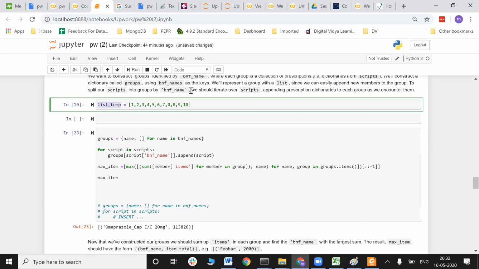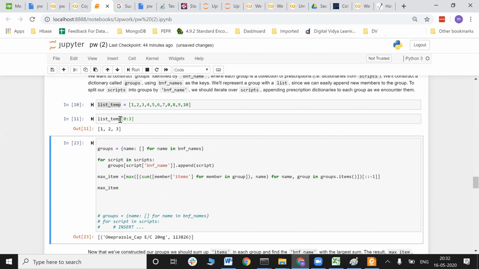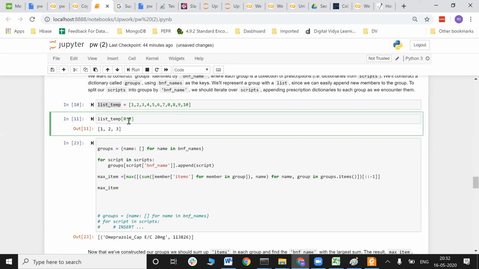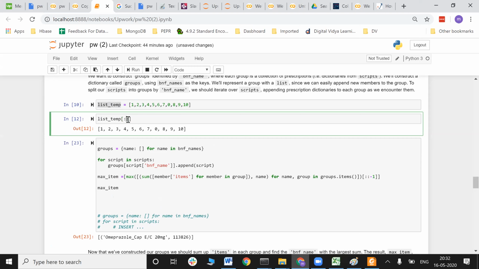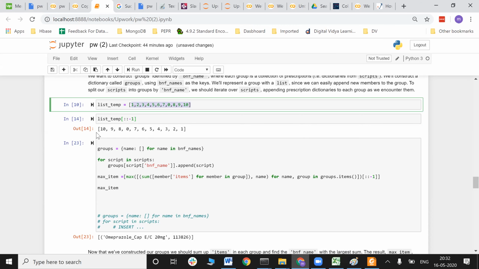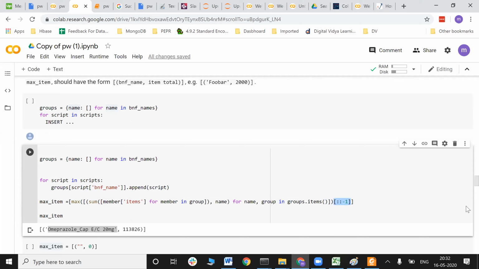Now, if I just want to fetch only the first few rows, this is going to give me all the values between index 0 and 3. If I want to fetch all the rows, I will just put it like this. If I want to fetch only every second value, I have to put 2 here, so it is going to give me 1, 3, 5, 7, 8, 9. If I put -1 here, it is going to print in reverse, so instead of 1 to 10, it is going to give me 10 to 1. Oh, I see. So that is what it is doing here. It is reversing the list from the end. But what about those first two things?